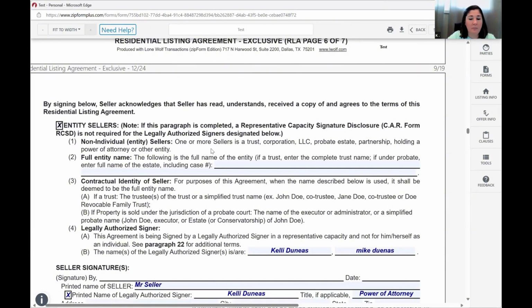The BRBC, the purchase contract, you no longer have to do the RCSD form, which stands for Representation Capacity Signature Disclosure Form. You can, but they have it built into all the contracts. So if your seller does happen to be an entity, you would mark this box. You would state the full name of the entity, and you're thinking, well, I already put the seller as a